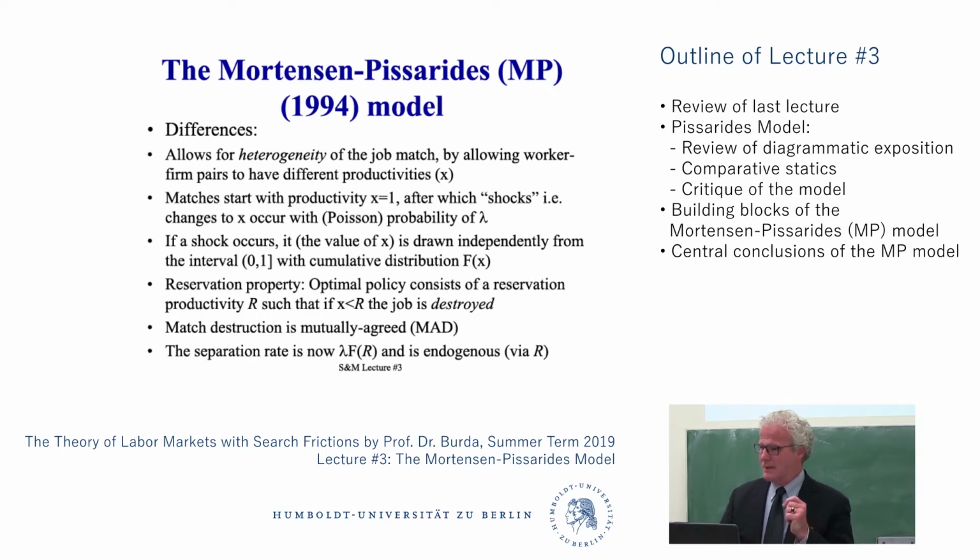Okay, so R is going to be one of the key endogenous variables of the MP model. Keep that in mind. And we call it a reservation productivity level. That's why it's got the symbol R. And it's a great indicator of fragility of the match. So the higher R is, the more fragile any given match would be, because the workers have the same, everything else is the same. They have the same incidence parameter, and the probability distribution of the draw of the new productivity is the same across workers.